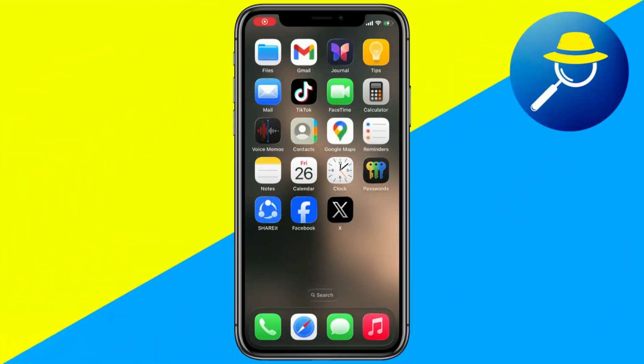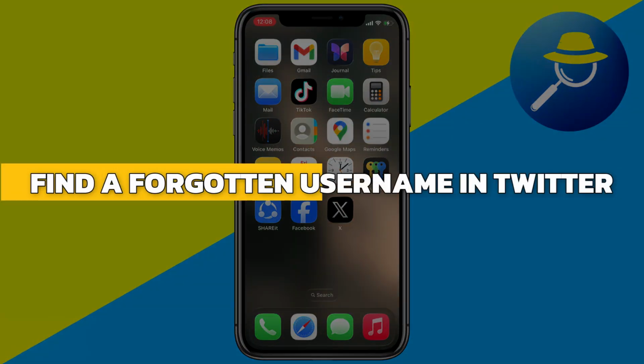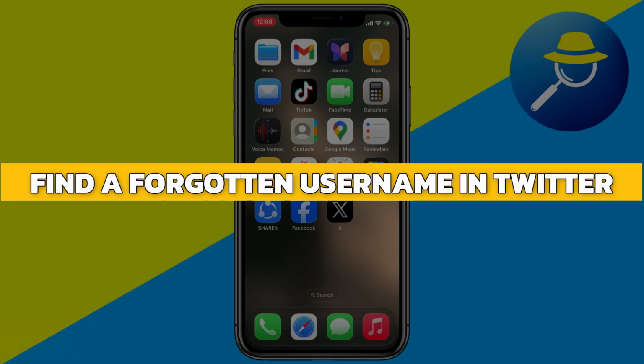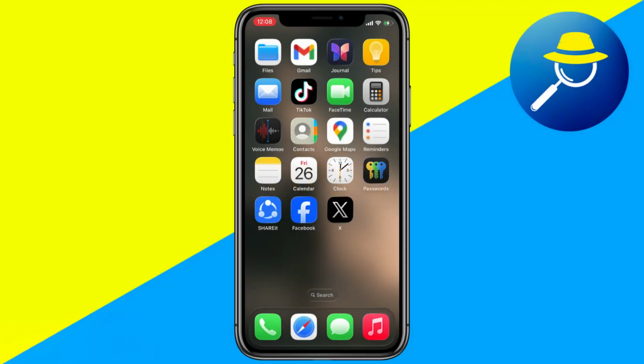Hey guys, in this video, I will show you how to find a forgotten username in Twitter. All right, let's begin. If you have forgotten your Twitter, also known as X, username, there are a few simple